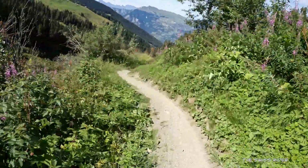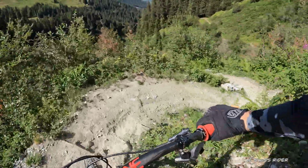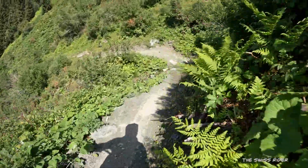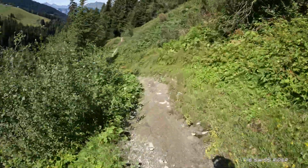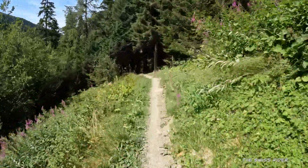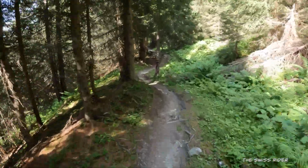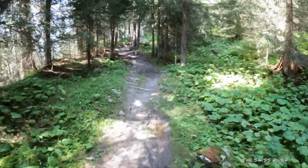It's even better than the top part because it's really shaped with some nice berms. Thick sections, nice berms, nice river crossings. Wow, high speed narrow sections, light changing. Wow, this is epic. Now flat sections where you need to find a good line, keep your speed, but then